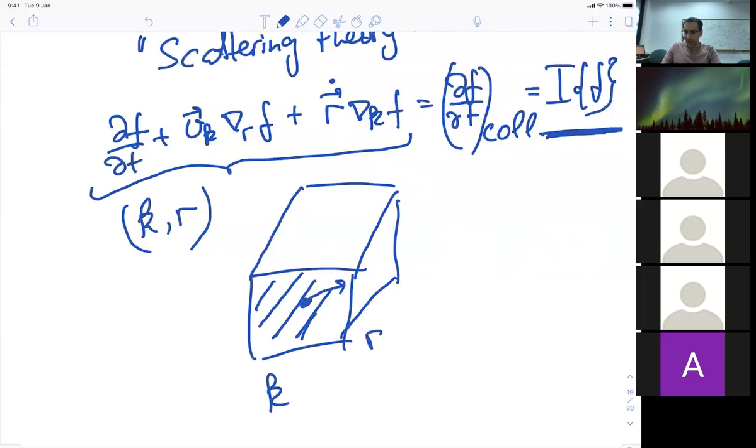But there is a term which we call collision integral that causes particles to disappear from this cell or to appear in this cell as a result of some collision which is occurring far, far away in the phase space. So in a completely different part of the phase space, there is another cell, and electrons, as a result of scattering, jump from one point in the phase space to another point in the phase space.